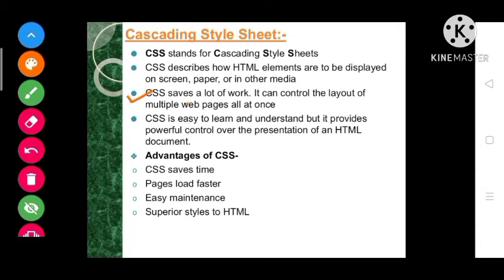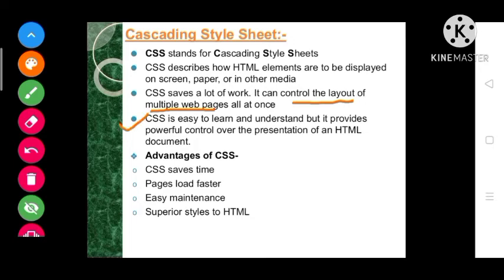It saves us a lot of time and work, and we can very easily use it to control multiple web pages at once. It means if we want to change a particular color of each and every web page, then we can change it very easily using CSS.